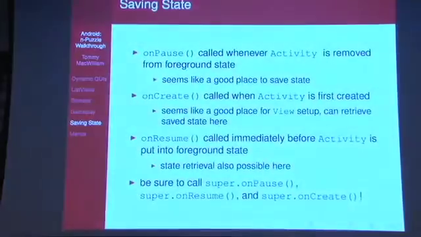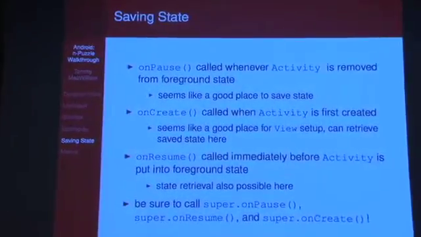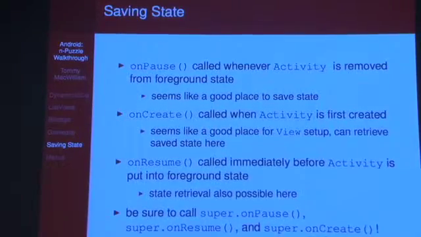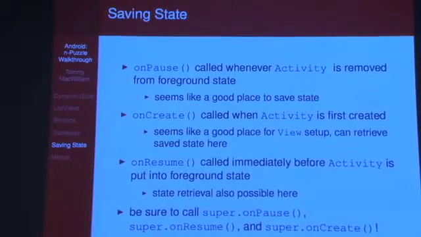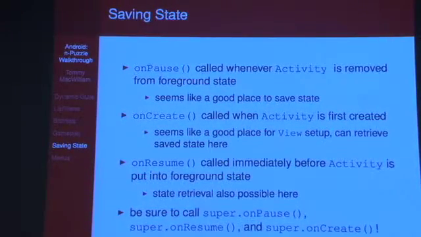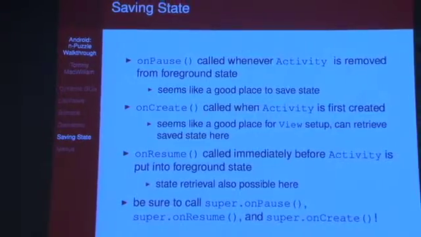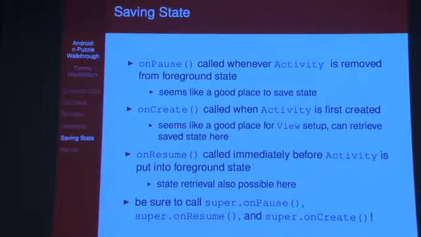So remember the activity lifecycle that we took a look at in an earlier section. onPause is going to be called when the activity is removed from the foreground state. So this might be a good place to actually determine what values you want to save and actually save those. And onCreate is going to be called when the view is about to be set up. So this is one place that you might want to start looking at state retrieval and resetting the state to